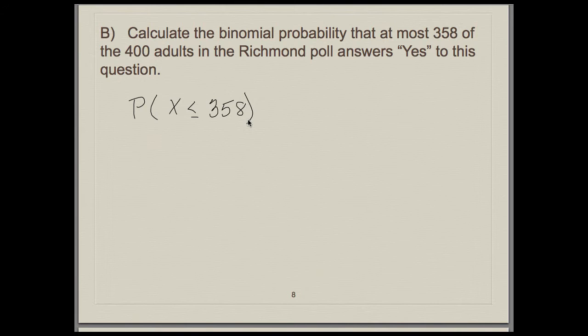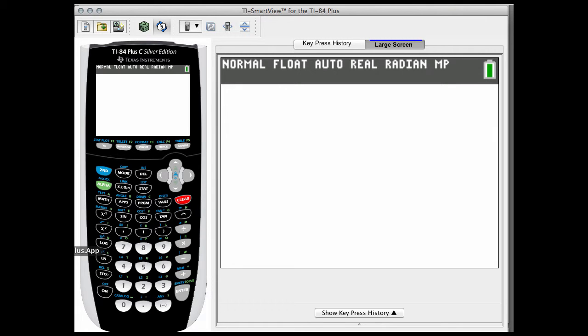So if you think about what this means, especially in terms of that formula that you might remember for a binomial distribution probability, we'd have to figure out the probability that x equals 1 plus the probability x equals 2 plus the probability x equals 3 all the way up to 358. Well, there's a much easier way, of course. We can use our graphing calculators to do this. So let's switch over to that. Remember, if you go under 2nd VARS